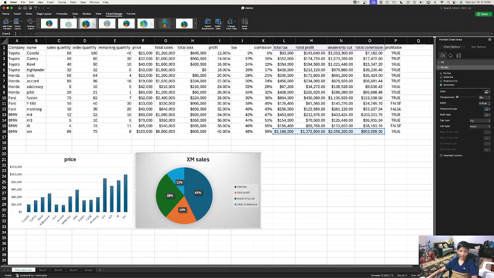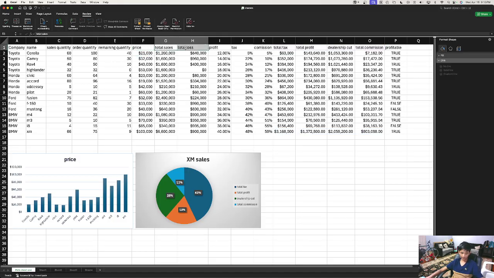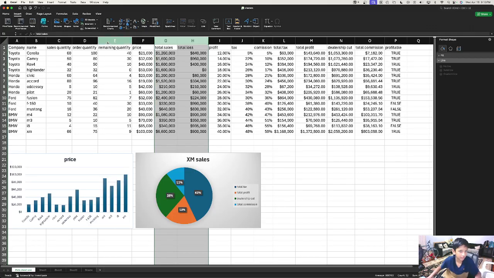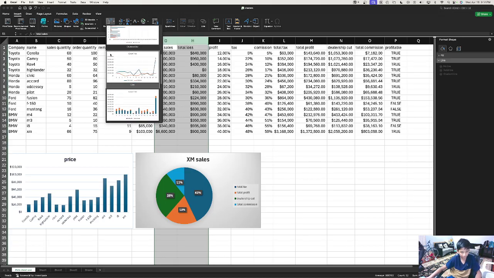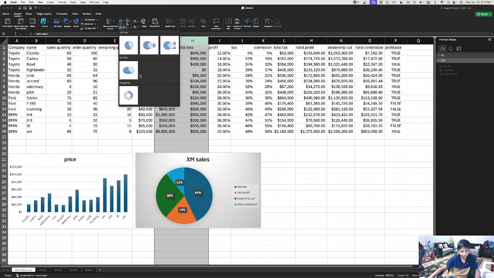We can also pie out the loss and the sales to see if we lost more or we gained more. Let's also do that. So if you select the total sales and the total loss, we can also add the price in there so we can see how much of a gap it made us. If you click these two, go into insert, and then recommended charts. It'll recommend a lot of them. We need pie charts, so if we do a 3D pie chart,